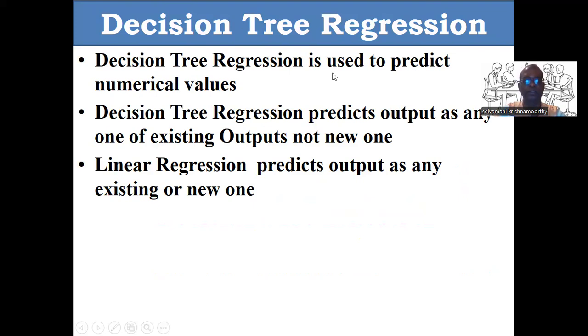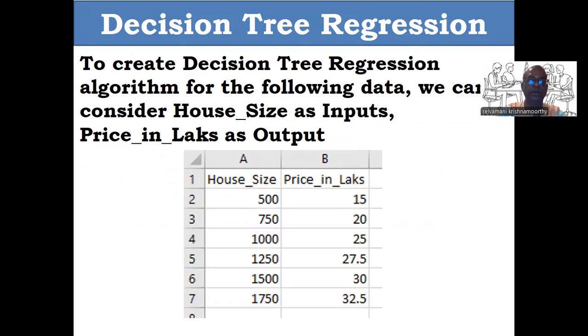Decision tree regression is used to predict numerical values, just like a linear regression. But decision tree regression predicts output as any one of existing output, not new one. It will not predict any new output, but any one of the existing output it will predict. But linear regression predicts output as any existing or new one based on the best fit line. That is the difference. Now, let me see one practical example to create decision tree regression algorithm for the following